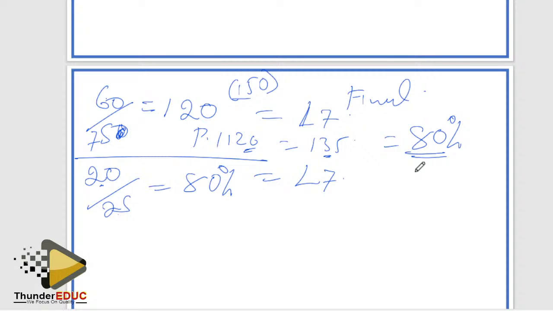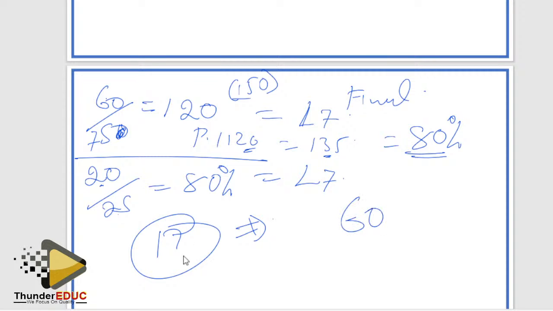Someone is saying that my life science SBA is 68%. So it means that you're going to say 68 divided by 100, then times 25. The answer is 17. How do I get a distinction from 17? Because now I need 60, it means that I have to be getting 63. To get a distinction, you need to have 63 out of 75.